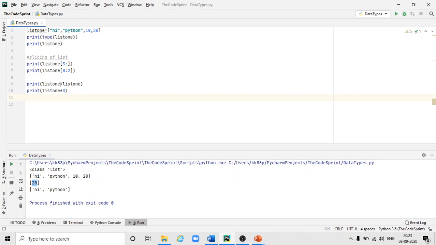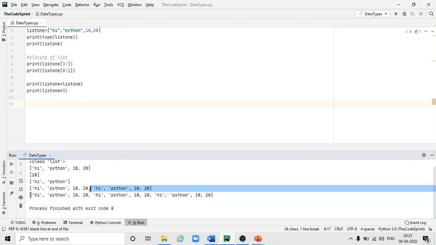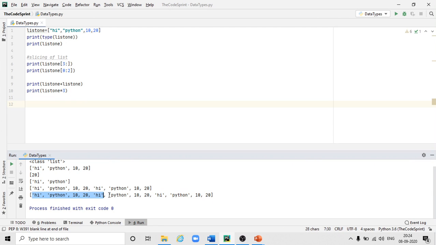Two operators are used here, first plus and second asterisk. Plus gives us the concatenation result, so list1 is concatenated with list1 again. Similarly, list1 times 3 means it will be repeated thrice: 1, 2 and 3.